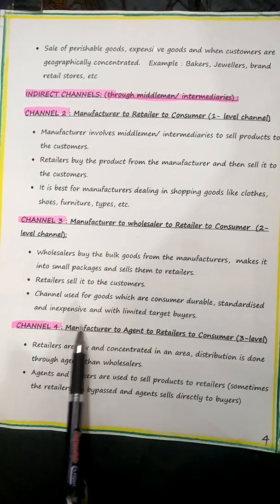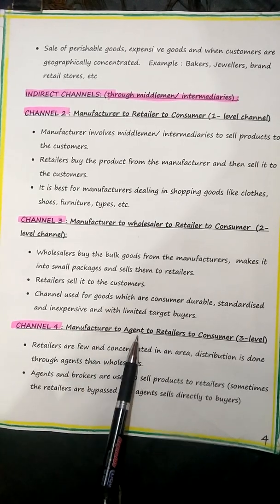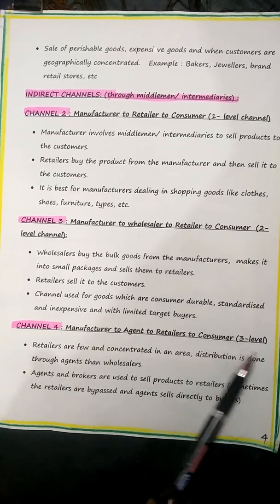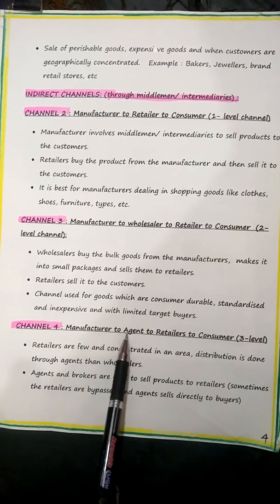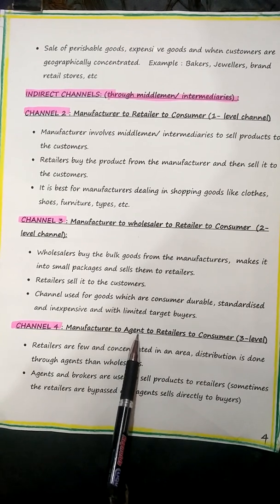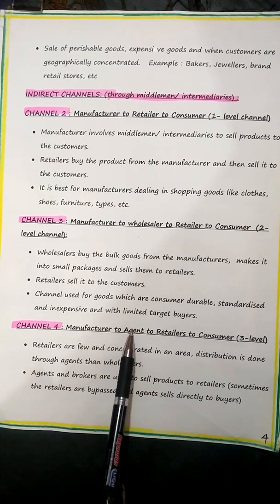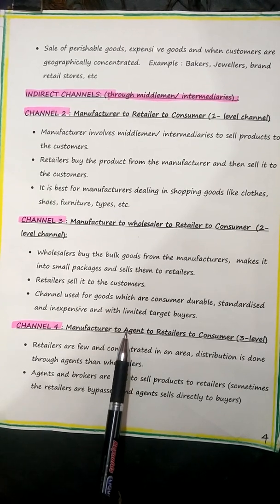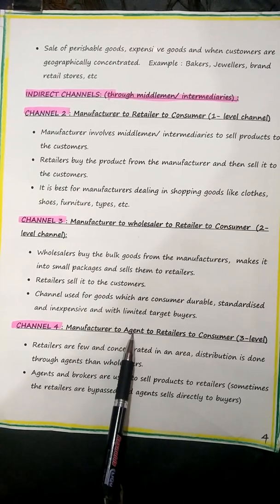The fourth channel, very important. The fourth channel includes an agent. So the agent comes into the picture: manufacturer to agent, agent to retailer, retailer to consumer. The fourth channel is also called the third level channel. Who are agents? Please make a note, children, if it will help you. Agents are like brokers, individuals, or sometimes companies that act as an extension of the manufacturing company. They are paid some commission. Even brokers. I told you about various middlemen: auctioneers, underwriters, solicitors, liquidators, all come under agents.